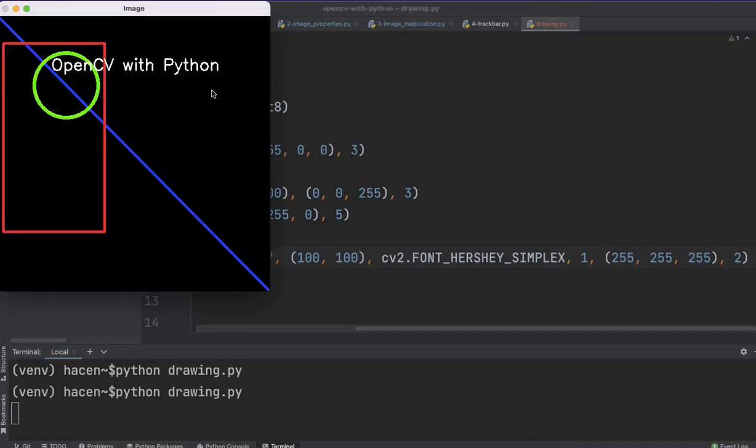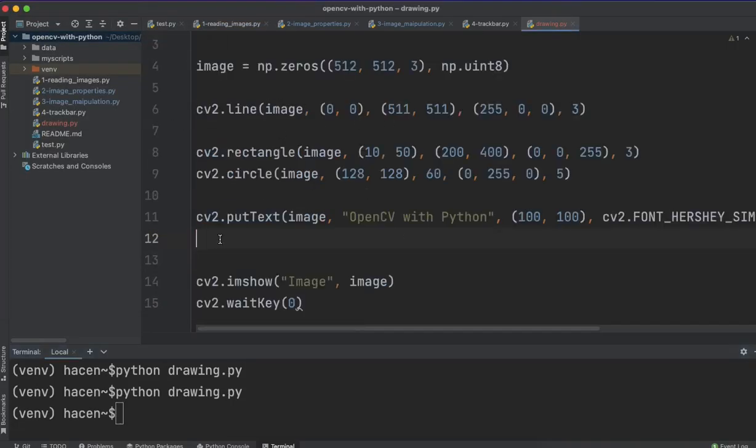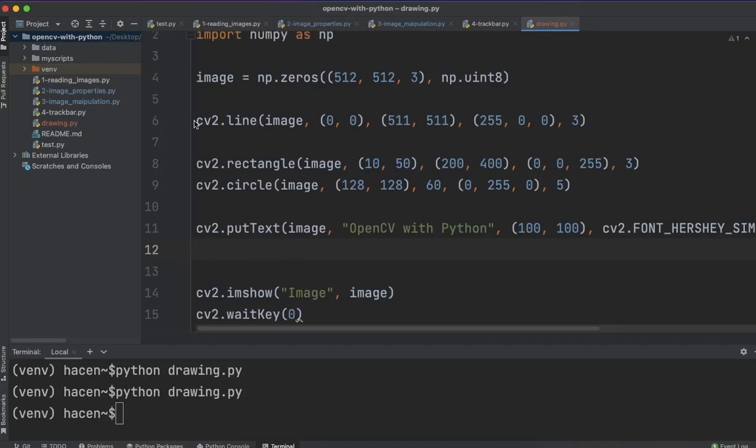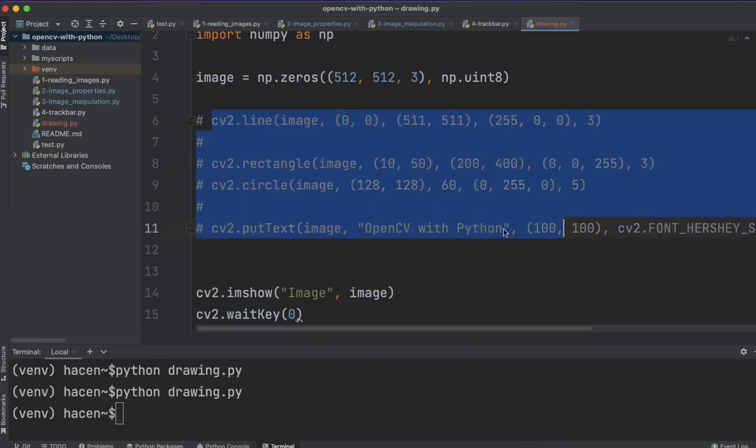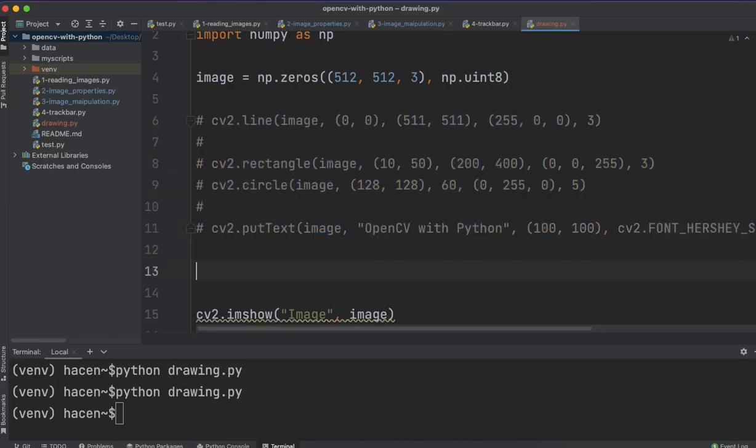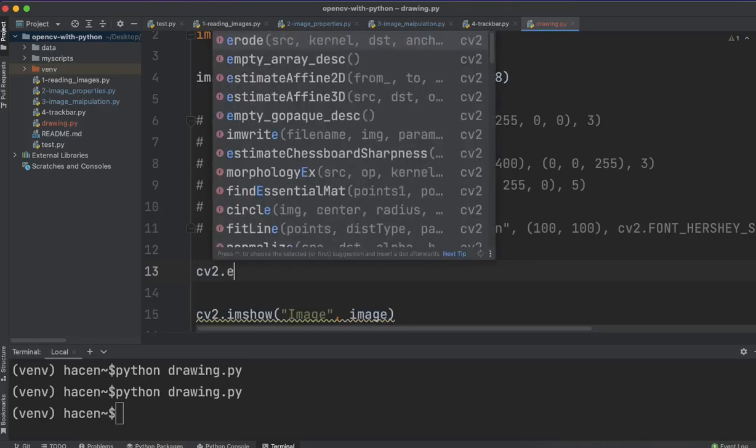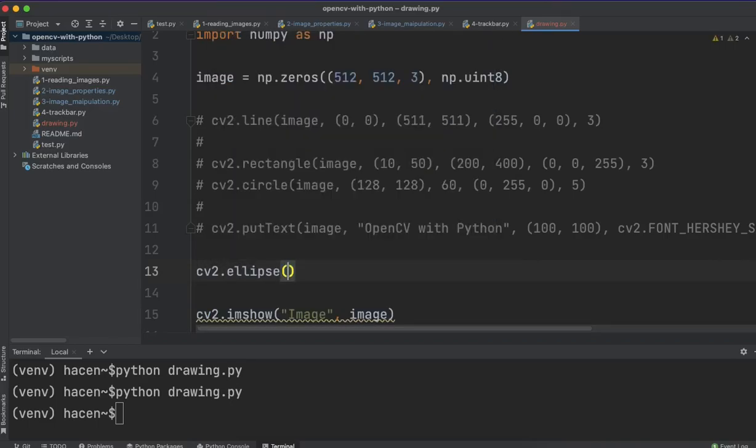So OpenCV with Python. We can change its coordinates to make it here, for example, or make it in another position. Now we will see how to draw another type of shape, which is the ellipse. So let's comment this here, and to draw an ellipse, we can use cv2.ellipse and give it the image,